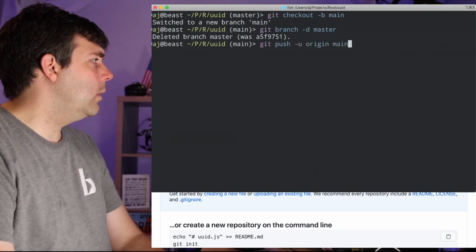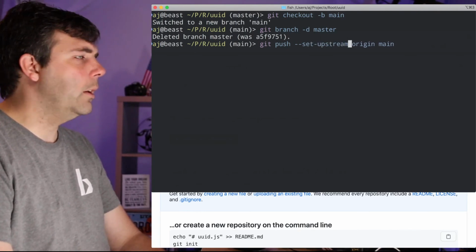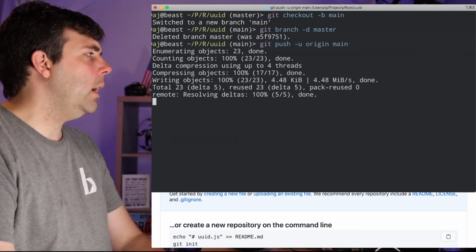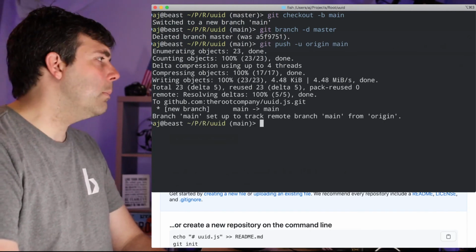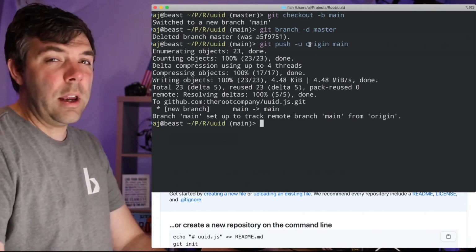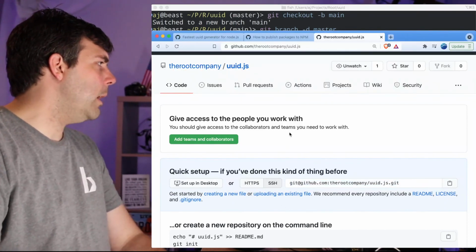Let's see. So this is the same as doing set upstream, just so you know, the -u, because you'll see me do that all the time. So now I'm just saying, okay, you cloned this from one thing. Now you're publishing it to another thing, and as you're publishing it to the other thing, reset the upstream to the new thing that you just put it to. So now if we go back over here,